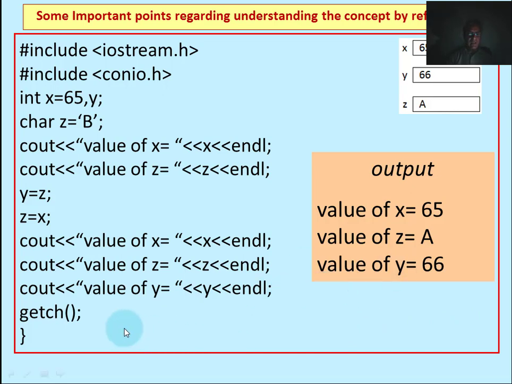So it will be displayed. And similarly, we have assigned the x value to z. X is 66, but z is displaying A because z cannot store the value 66. It can store the character of 66, and the character of 66 is A. So A is displayed here. This was the concept of how an alternative value can be stored in the memory location